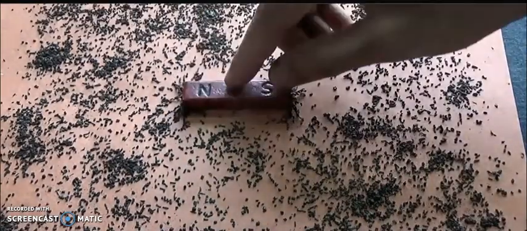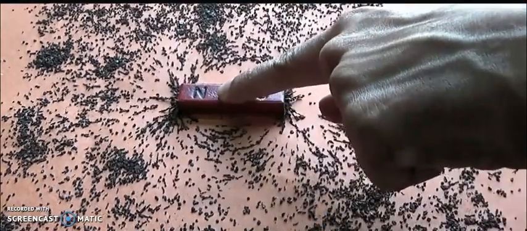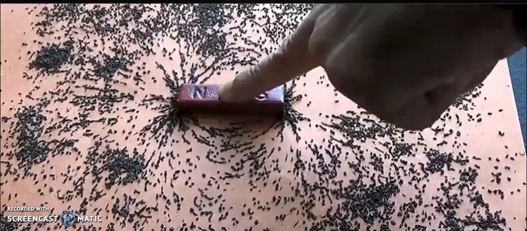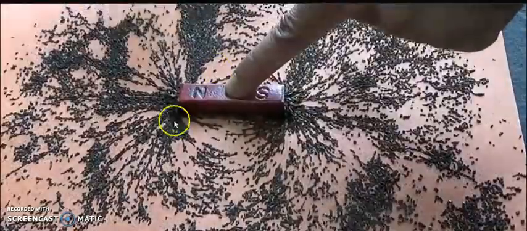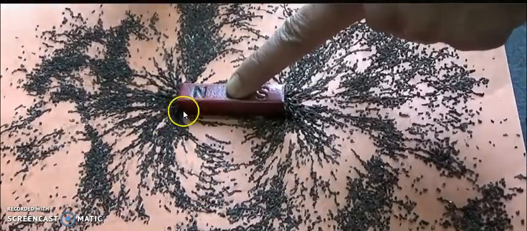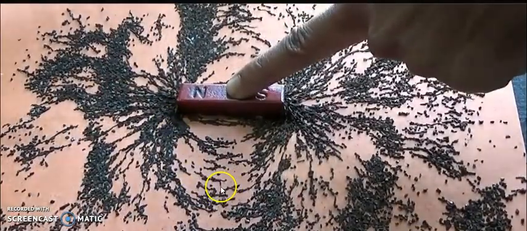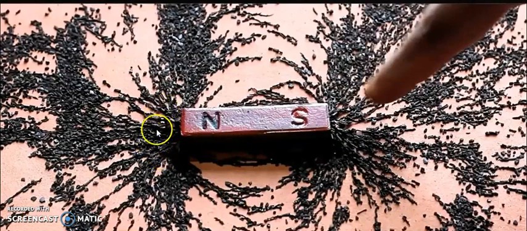Now when they place it, we are going to tap it so that the particles of iron filings can move towards the magnet and create the field lines, right? Can you see the field lines? The closer they are to the magnet, the more crowded they are. Farther away, they are less crowded because the strength of the magnet is less far away from the magnet. Clearly, near the magnet, the field is very strong, meaning the force of the magnet is very strong, whereas far away, the magnetic field effect or the force is